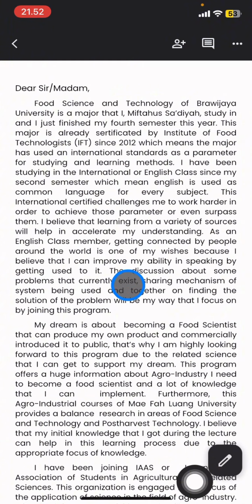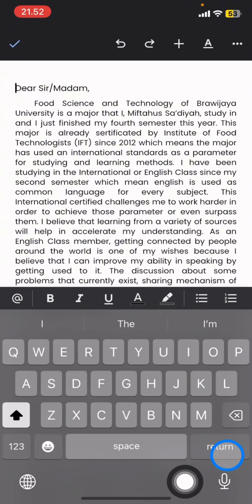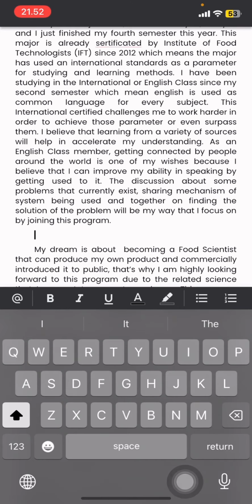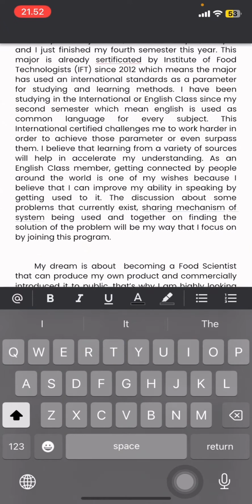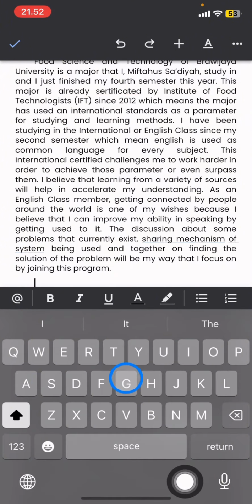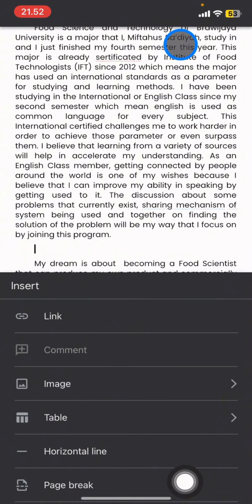The thing that you have to do is just tap the screen until you get this pencil button, and then tap the pencil button, and place the cursor in the specific area you want to edit. I want to add the new paragraph here, and then you just need to swipe up, and there will be a plus button there. You just need to click it, and there will be an image option,